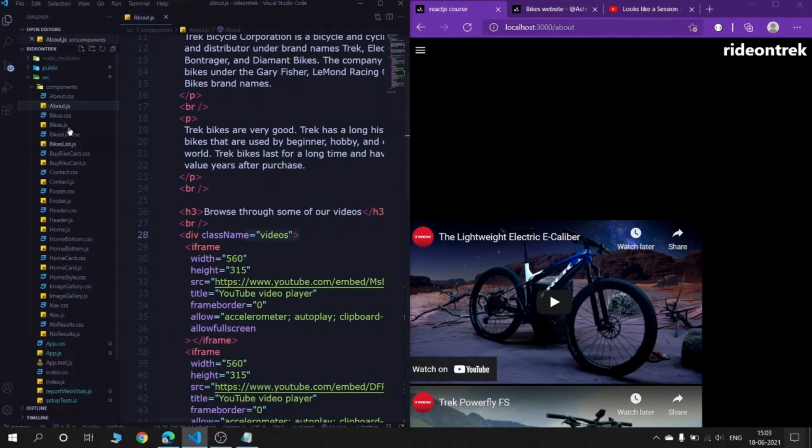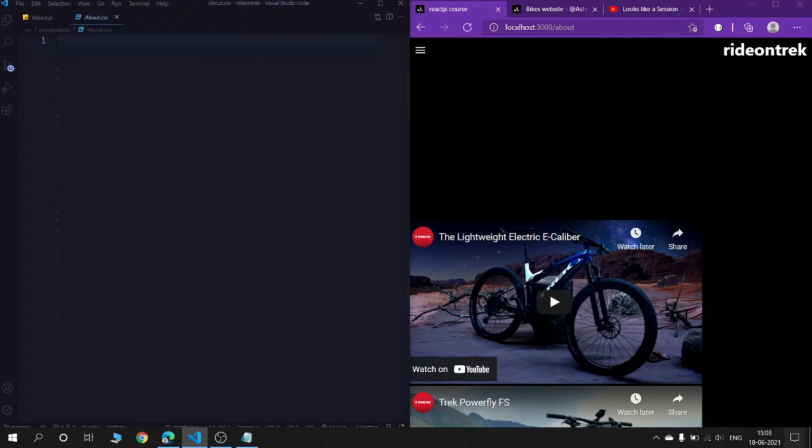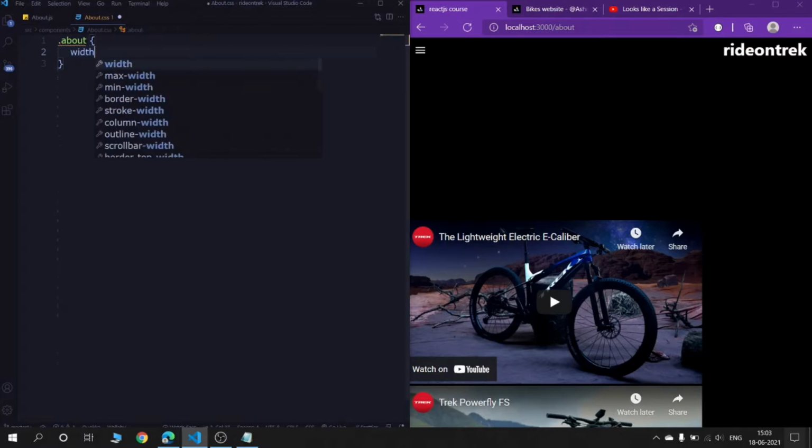Okay, so now let's go to this about.css and let's style this up. First of all we need to style what? We need to style this main about us section. So I'll just go here, I will say dot about, and in this about let's give it a width of 100 view width, and then I would just give it some minimum height